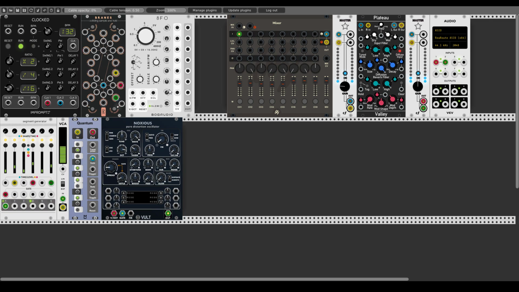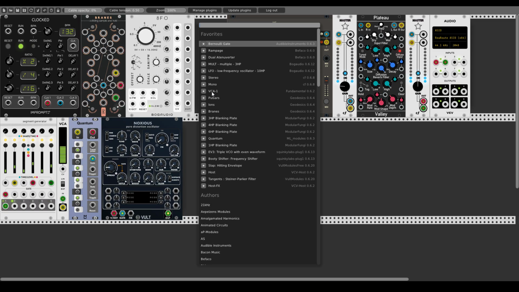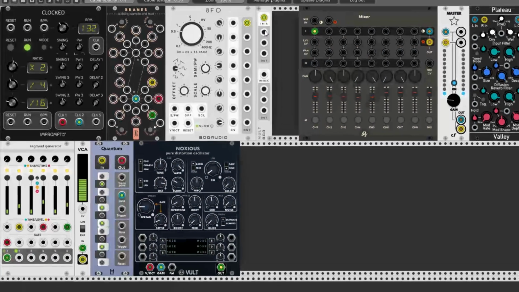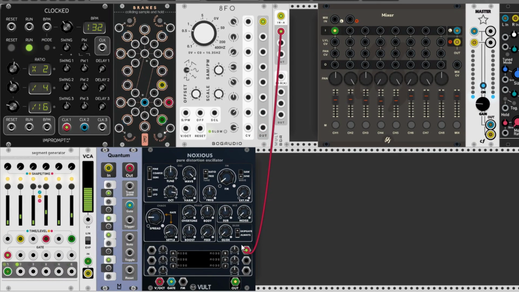Let's use the first output to modulate a few parameters, so let's use a mult also. The mult is also from Bogue Audio. Let's use the first output, send it to the mult. And let's first modulate the harmonics amount. So again, I will send it to the modulation matrix, click the button that I want to use, move the knob a bit. Now it's set here, it's assigned, and now I can open the attenuverter as much as I like. Something like this maybe.